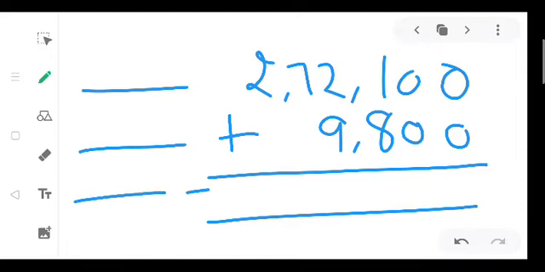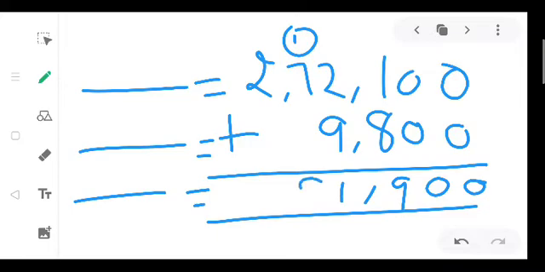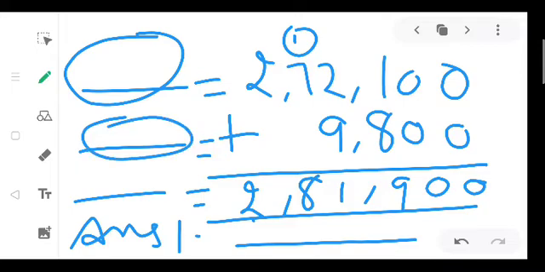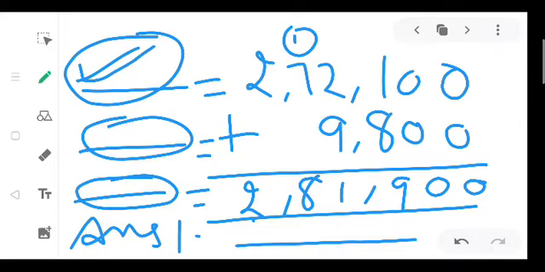Total books there is equal to 0, 0, 9, 9 plus 2, 11, 1 will be carry, 8, 2,81,900. Then you will write here your answer. Total books in the library are 2,81,900. Here I am not having so much space, that's why I have not written the statement. But when you will do the sum, you will write the statement here. First statement, total books in the library is equal to this. Books purchased is equal to this, and here you will write total books in the library.